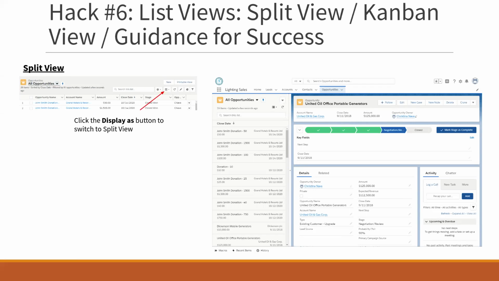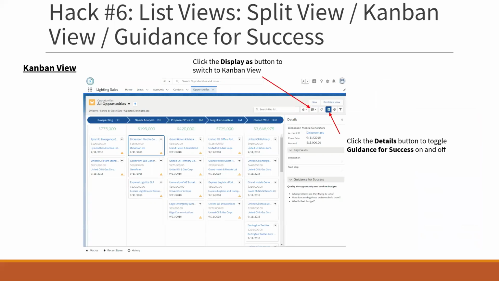You can have a list of all of my open cases on the left-hand side, and then open them up individually, one right after the other, and see them on the right-hand side. So this can help you be very efficient if you're going to be going through multiple records at one time. Now the next one, which is called Kanban view, or Kanban, depending upon how you want to pronounce